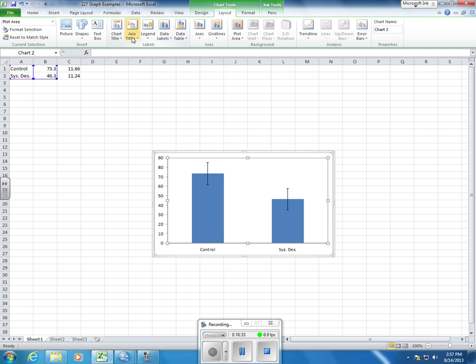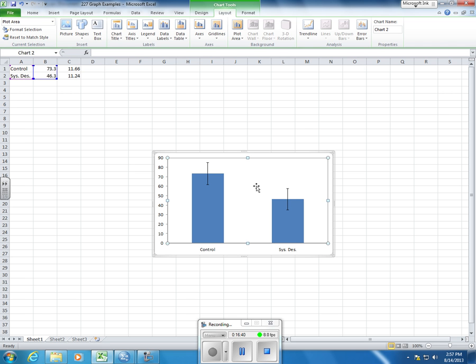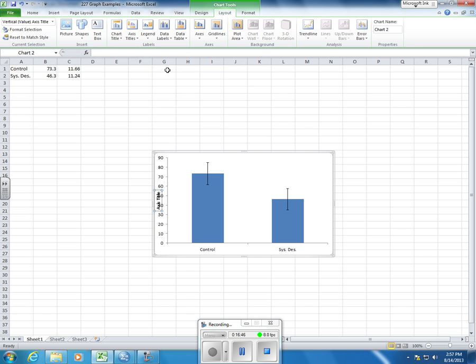Go up here to axis titles. Again, this is under layout, chart tools, layout. If you click away from the graph, those are going to disappear. Click on the graph, they come back: layout, axis titles, vertical axis, rotated title. This is the one where it's written straight up and down. So you put in